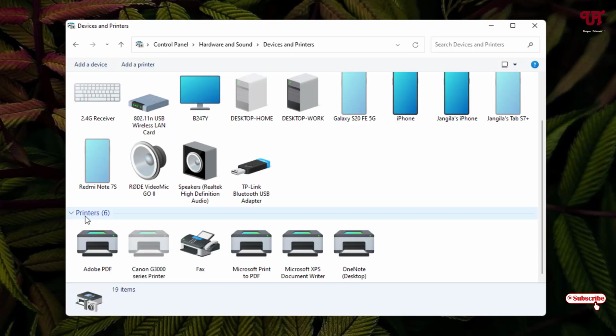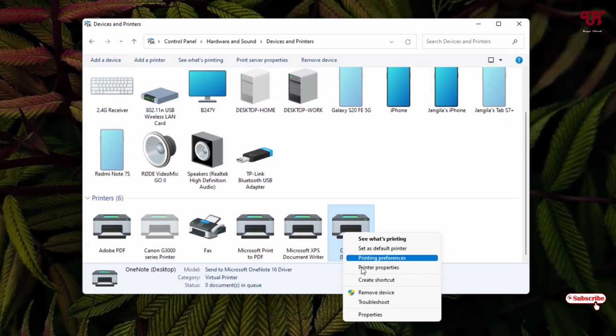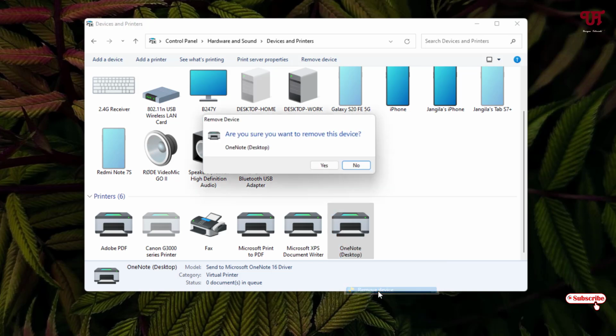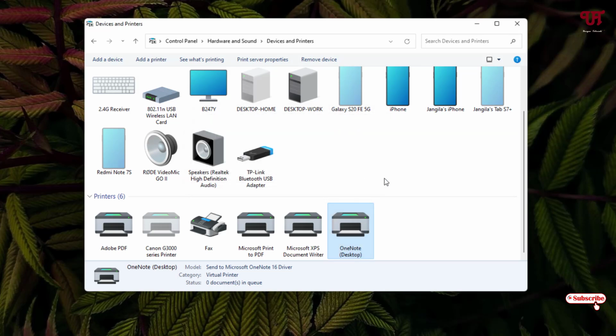Now here you will see the list of all the already added printers, as you can see here. Let me right mouse click on the respective printer, and now you can see remove device. If I click on it, you can see here, are you sure you want to remove this device? If I click on yes, then it will get removed. So in order to restrict anyone from deleting any of these added printers, what you need to do is on